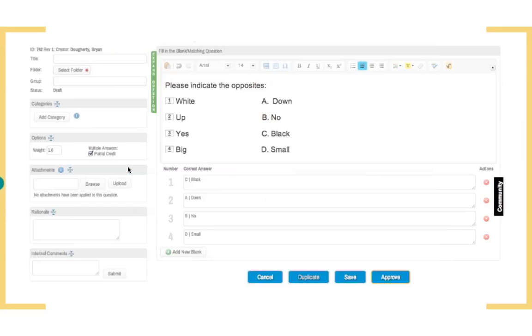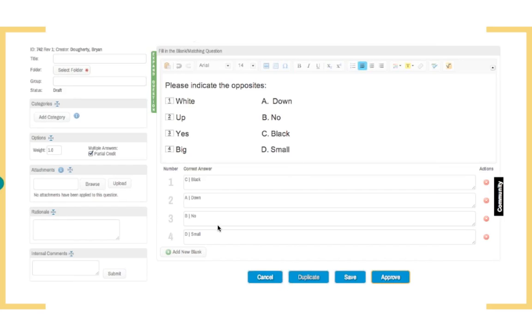Now we also use fill-in-the-blank questions as our matching questions. So we don't have a specific matching question available right now, but we do have a workaround using the fill-in-the-blank question. So what you're going to do is format it much like you formatted it here. You could use a table if you wanted to line up the items. It's really up to you, but it does allow you to see the blanks over here and then the